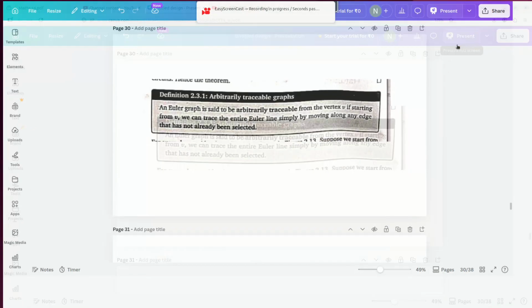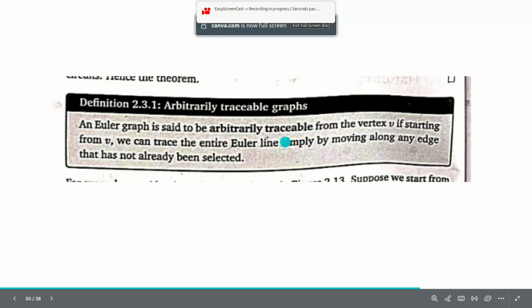Okay, now we are going to see the next theorem, that is arbitrary traceable graph. First of all, we have to know what we mean by arbitrary traceable graph. An Euler graph is said to be arbitrary traceable from a vertex V if, starting from V, we can traverse the entire Euler line simply by moving along any edge that has not already been selected. So arbitrary traceable from V means from